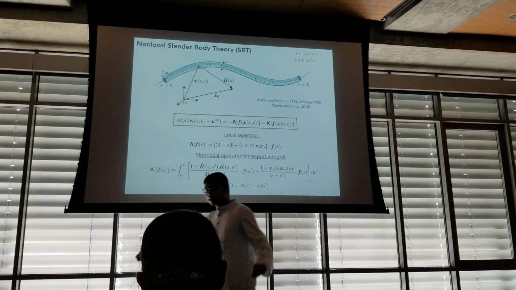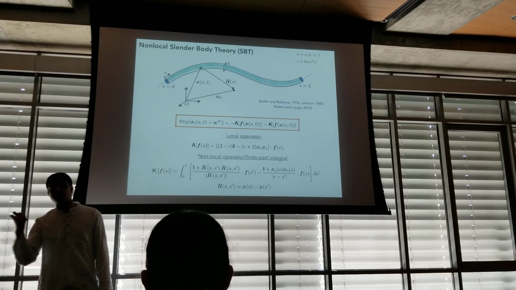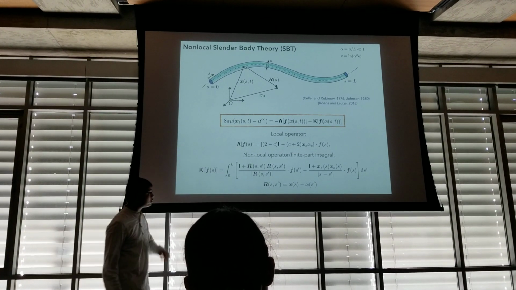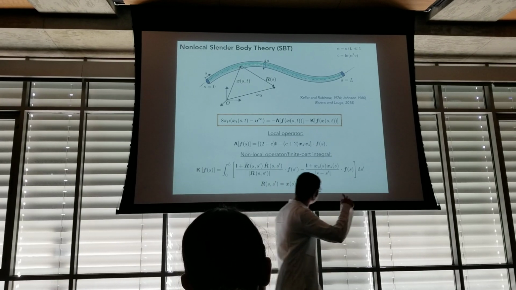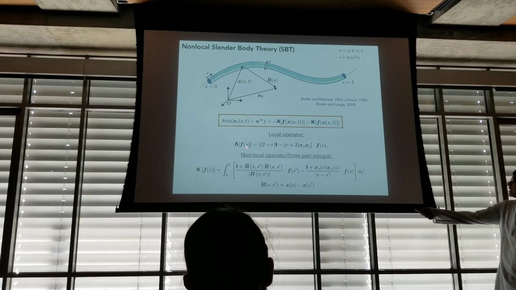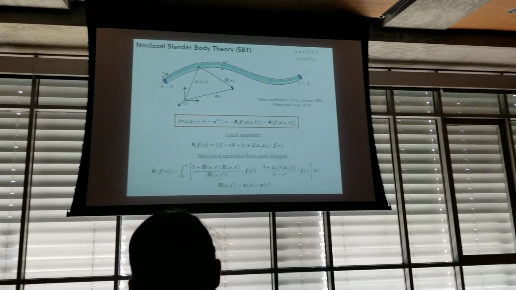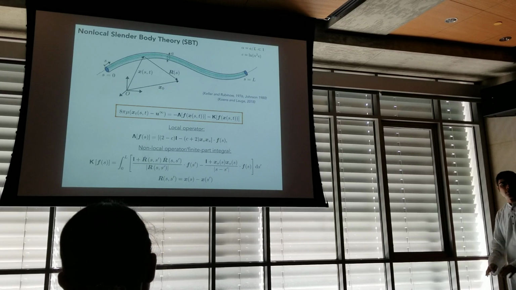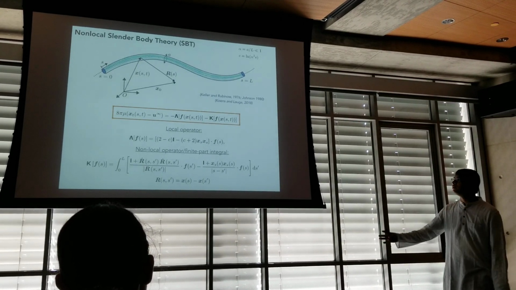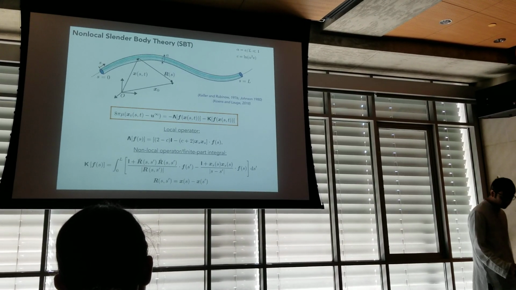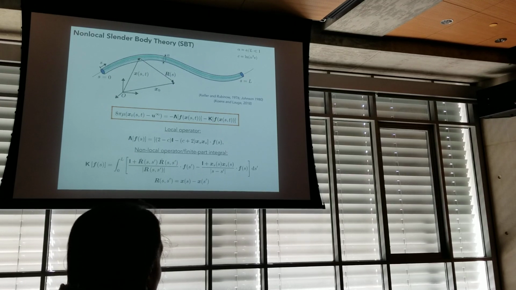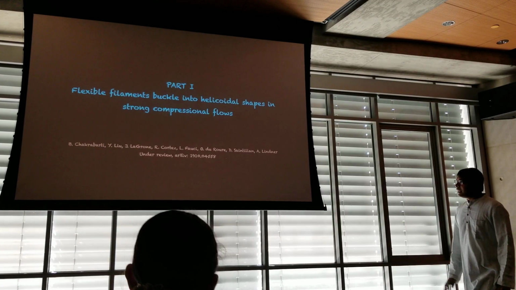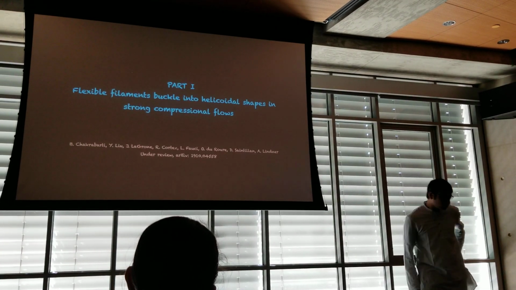Take a very slender rod and pull it in a viscous fluid, then the drag in the tangential direction is half the drag in the normal direction. So drag in Stokes fluid is anisotropic, and this anisotropy is accounted for by this local operator lambda, which involves an asymptotic geometric parameter c. The nonlocal operator, called K, is an integral operator, and it accounts for hydrodynamic interaction between different parts of the filament, or gives you the self-induced velocity of the filament. And this forms the basis of all the theory and computations that I'm going to do in the rest of the talk. So with that, let me move on to the first part,